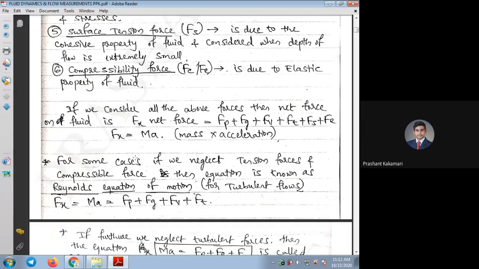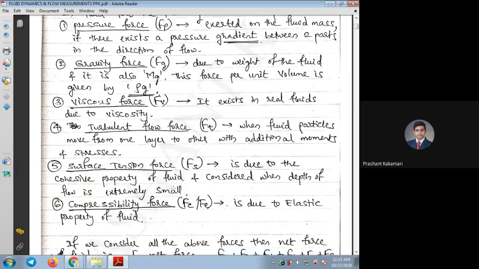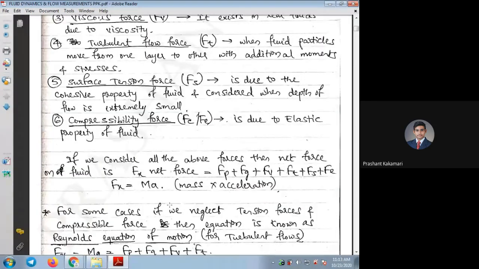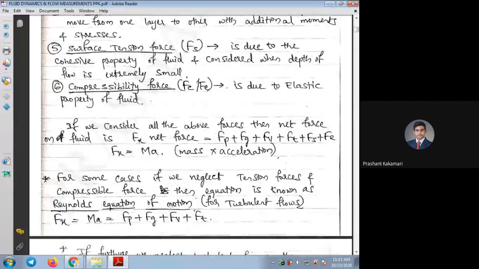Now we start with the assumptions, and we have to come to some simplified forms, because many forces are very negligible in some conditions, or in some problems they may give some ideal fluids, or it may be a different fluid with different conditions. In such cases, we need to consider the simplified form of this equation. So such forms of equation, if you consider the first condition, if you neglect the surface tension and the compressibility of the flow, that is nothing but the cohesion forces and the compressible elastic forces, then we can write it as